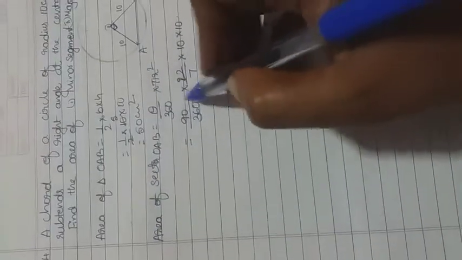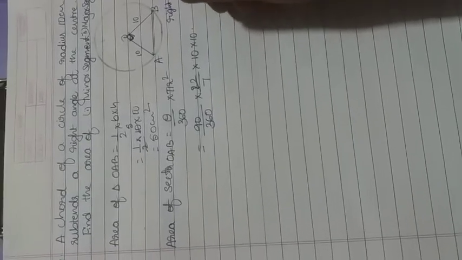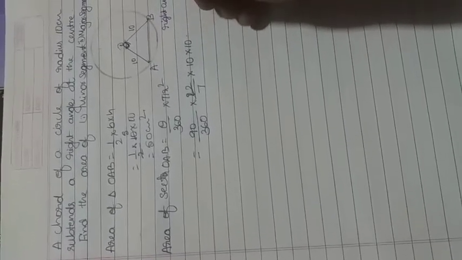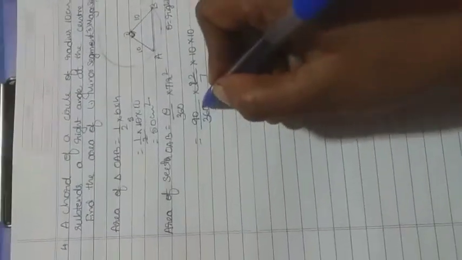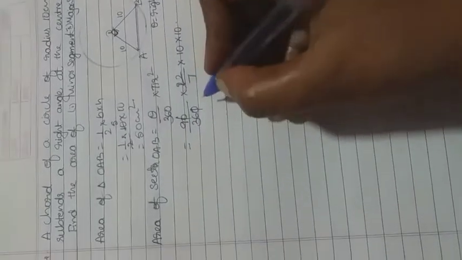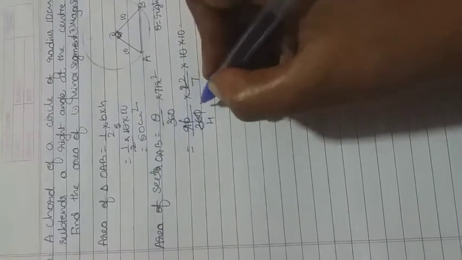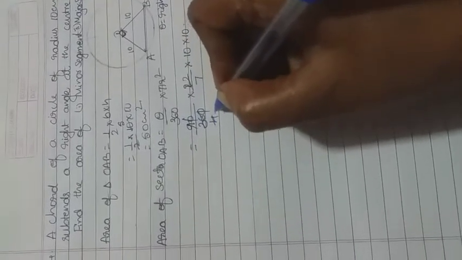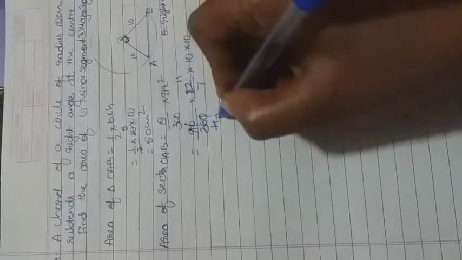Don't search for where theta is. Theta is nothing but the right angle. It is 90 degree because they have given a right angle. Right angle means how much? It is 90 degree. This is theta. So let us cancel 0 and 0 on both sides. Now 9 1s are 9, 9 4s are 36. Now 2 2s are 2, 11s are, again 2 1s are 2, 5s are.